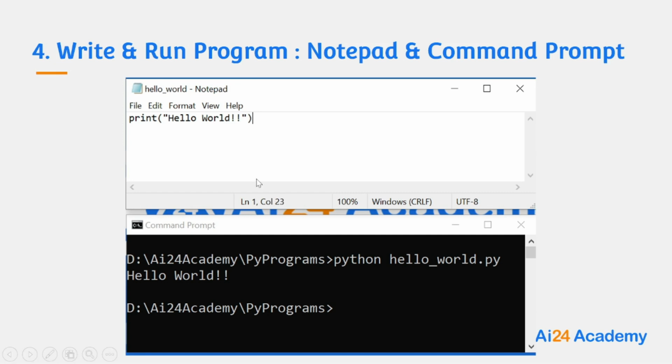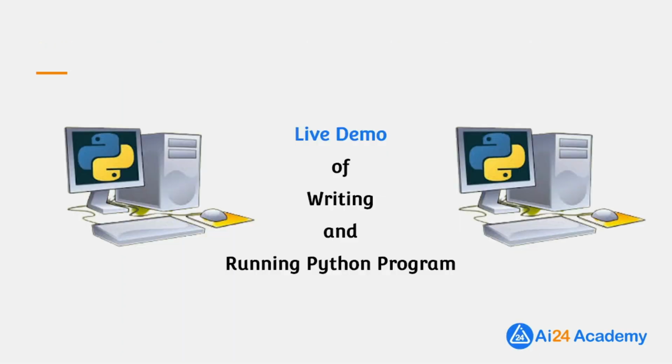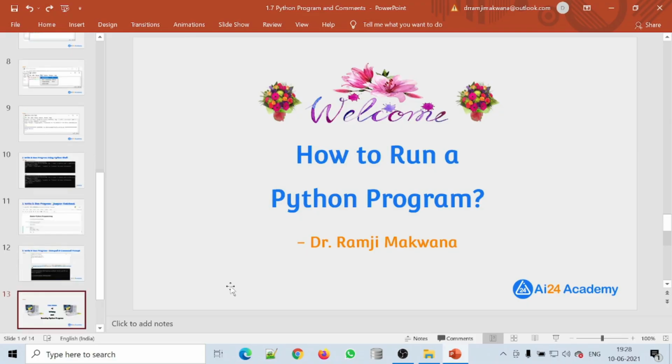And this is the fourth way where we have a notepad. Here we have written a one line statement and saved this program with the name hello_world.py, and this is a command prompt. Just type python space hello_world.py, and it will execute or run the program, and it will give the output like this. This is a brief overview of how to run a program using 4 ways. We will see each of them in detail, but right now we will have a live demo of 2 things, that is IDLE and Python shell.